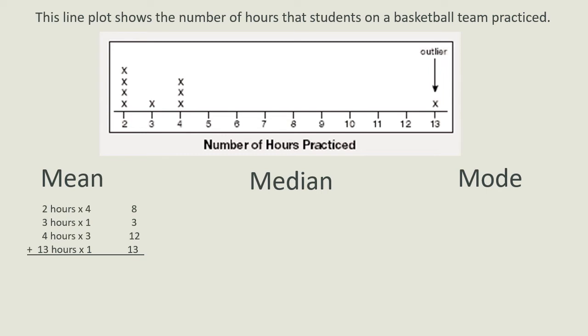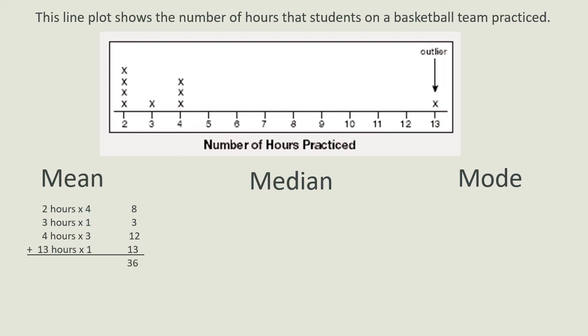Since you have 1 basketball player who practiced 3 hours, you have 1 three. You have 3 basketball players who practiced 4 hours, and then you have 1 basketball player who practiced 13 hours. Wow. So you want to add up all those times together, 8 plus 3 plus 12 plus 13, and you should get